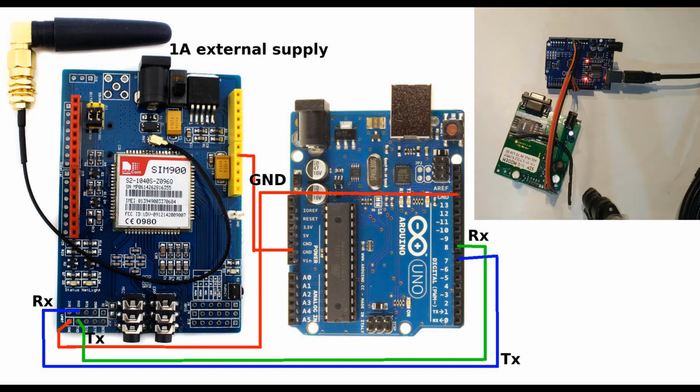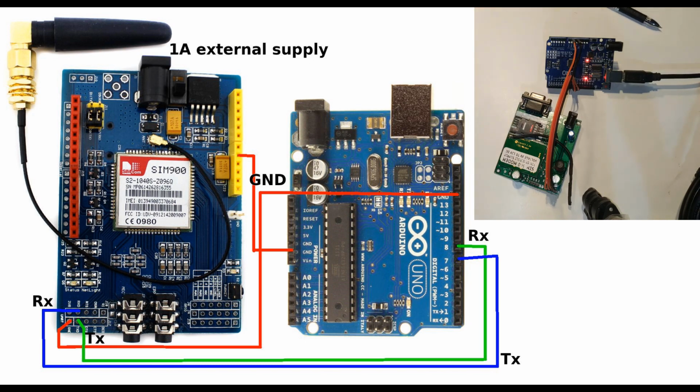Okay, so now in this part we are going to check the connections of GSM with Arduino. So as you can see on my screen, there's this connection diagram, and I've connected this GSM module, which is a SIM900 modem. I've connected the VCC and ground to the VCC and ground of Arduino respectively, and I've connected Rx and Tx in a similar fashion to how we connected the Bluetooth as well. I've also inserted a SIM card over here.